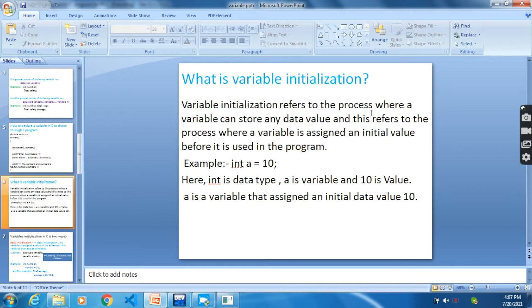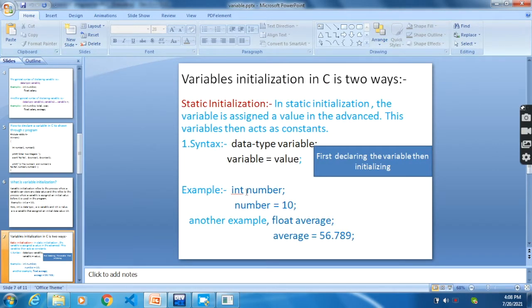So variable initialization refers to the process where a variable can store any data value, here 10, and this refers to the process where a variable is assigned. A is the variable that is assigned an initial data value 10, and this is the variable initialization. Variable initialization in C has two ways: static initialization and